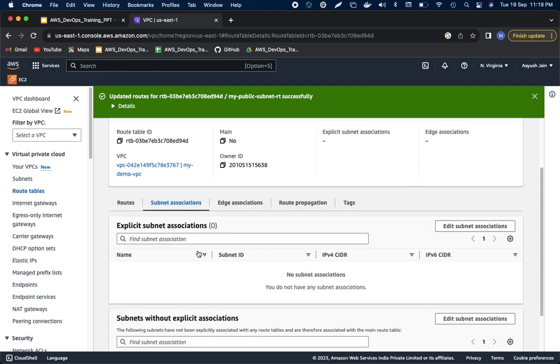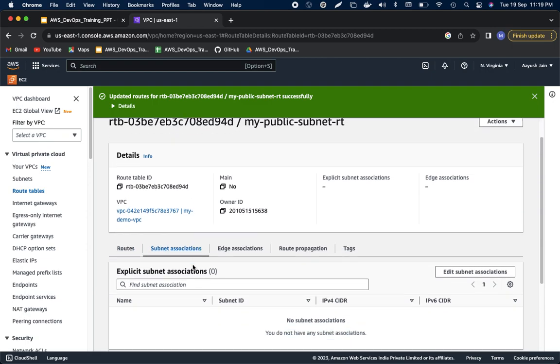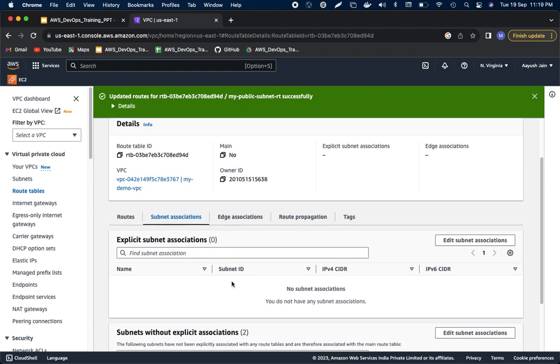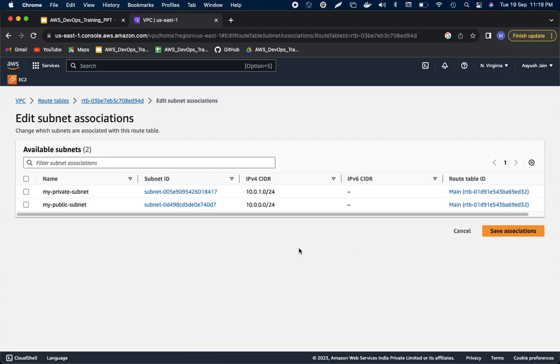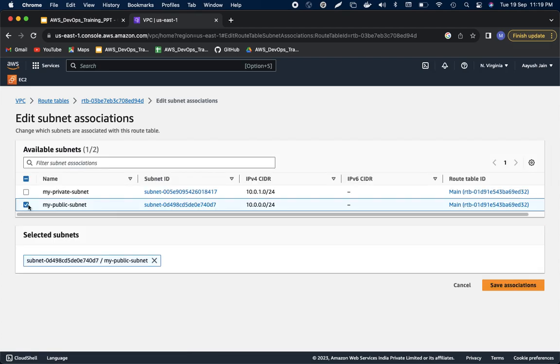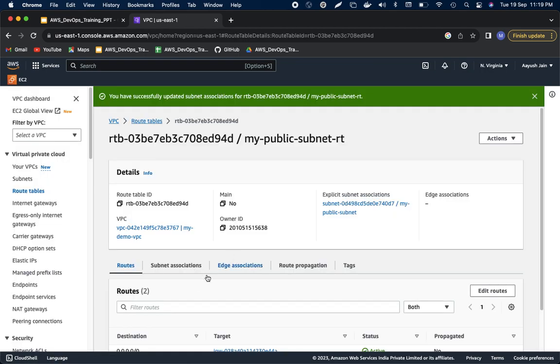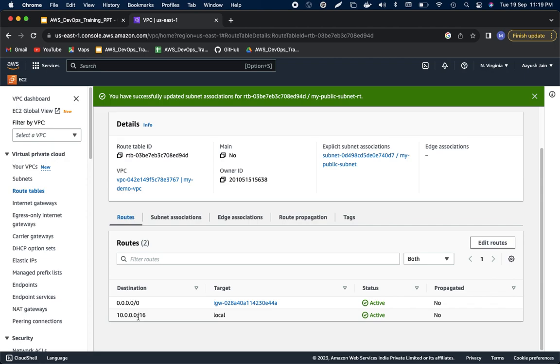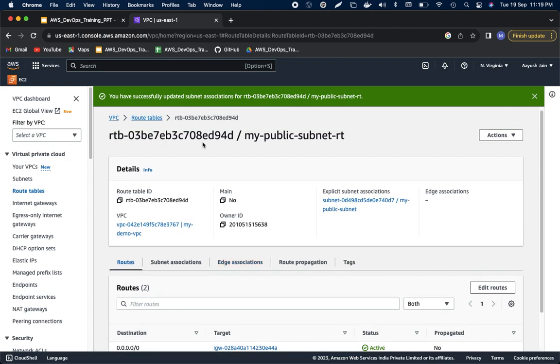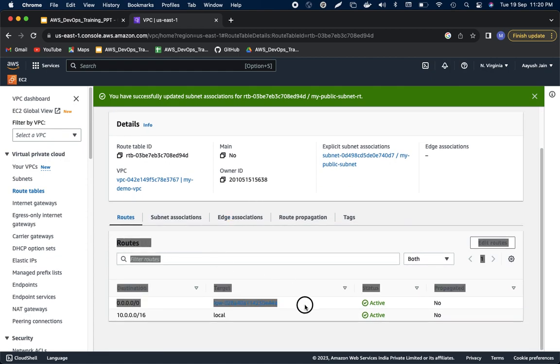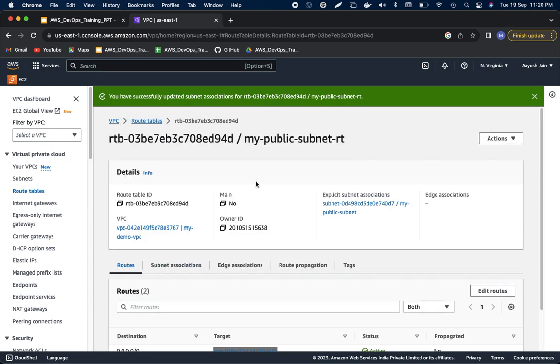And next, you need to add a subnet. Whenever you create a route table, you need to ensure you are adding the subnet under your subnet associations. Click on edit subnet association and select my public subnet. This is how you are making your subnet public. Based on the route, you are making your subnet public. It's not meant by the naming that you are giving, but by the route that you are making. If you have the internet gateway inside your route, it's nothing but your subnet is public. Now let me